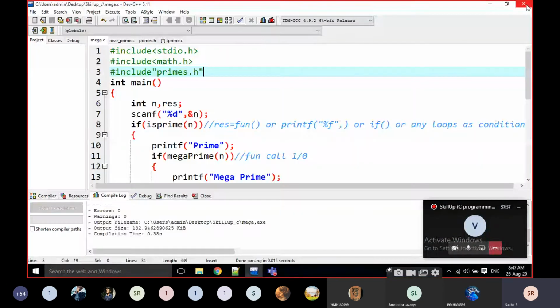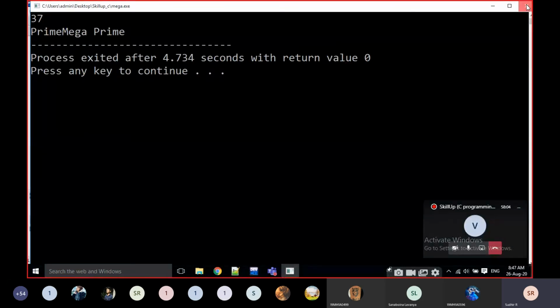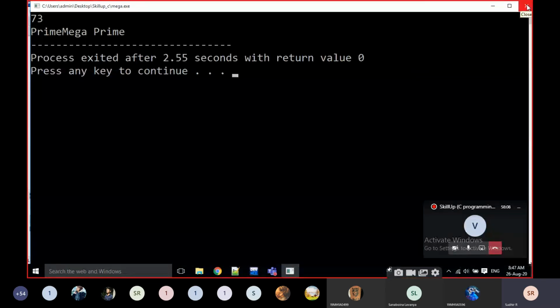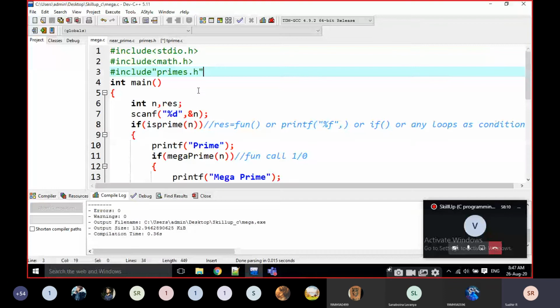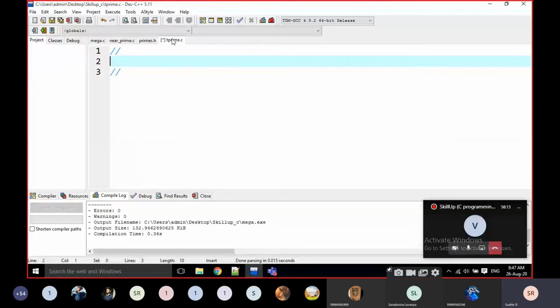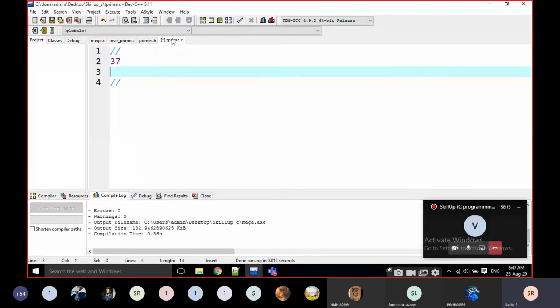Okay, cool. 37 is prime, right? 37 is prime. Then I am going to rotate the number, reverse the number: 73. Is 73 also prime? Yes. Now it is called a twisted prime.